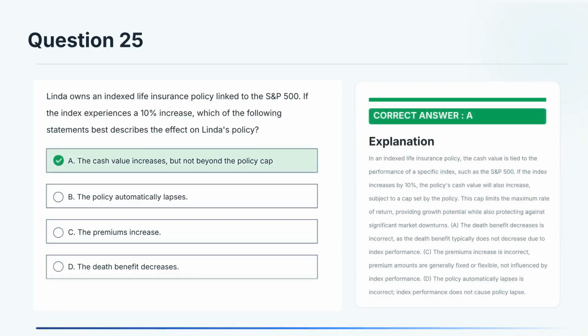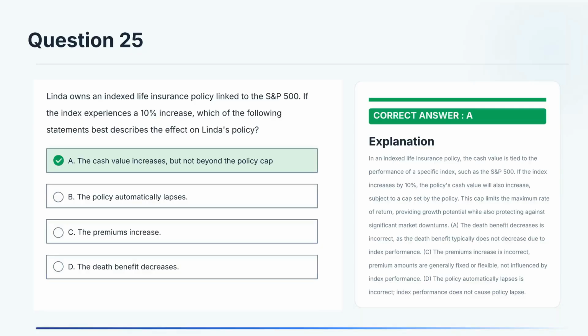The correct answer is A. The cash value increases, but not beyond the policy cap. In an indexed life insurance policy, the cash value is tied to the performance of a specific index, such as the S&P 500. If the index increases by 10%, the policy's cash value will also increase, subject to a cap set by the policy. This cap limits the maximum rate of return, providing growth potential while also protecting against significant